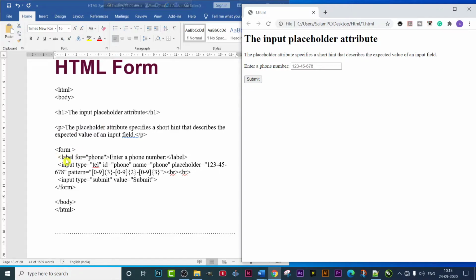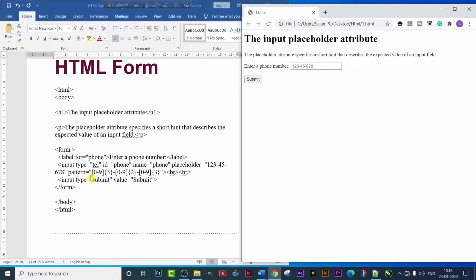Under that we have written label for. In any form program you have to use the label tag and the input type tag to run those programs. So we have used the label tag here, and we have written label for equals to phone in quotation, enter a phone number, then a colon, then the label tag closed.